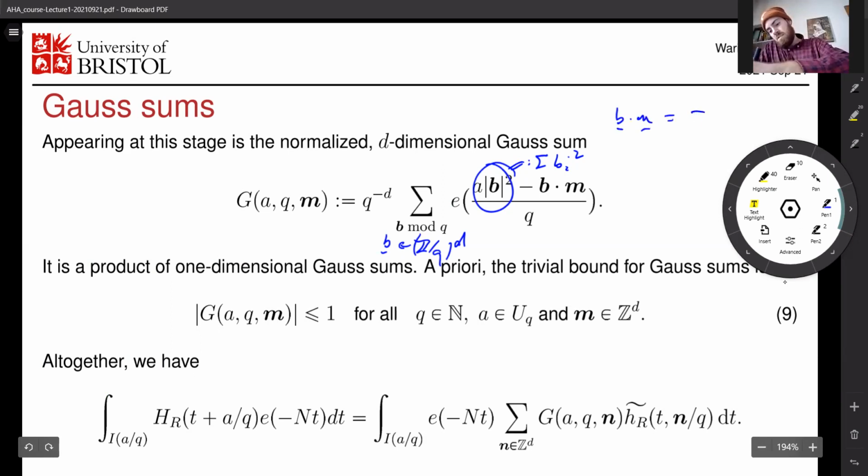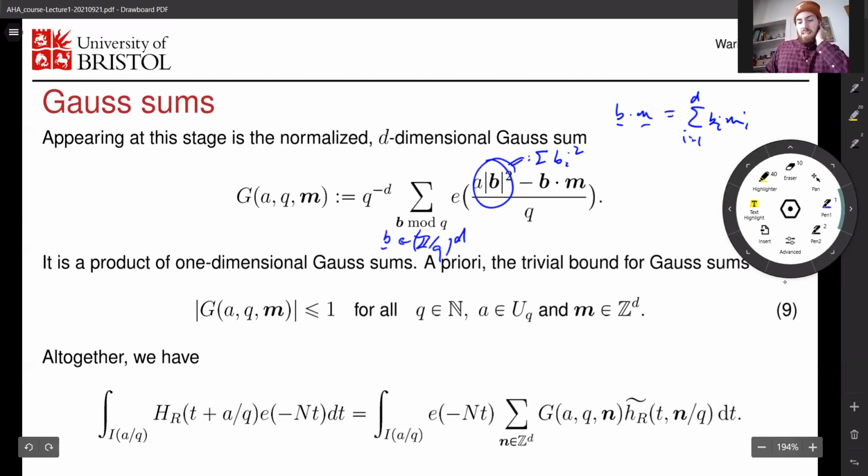For two vectors, it's just the sum of BI and MI for I equals 1 to D. It's easy to see that, since the sum of BI squared minus BI times MI is over each coordinate, you can split up this character into a product of D characters, one for each coordinate,